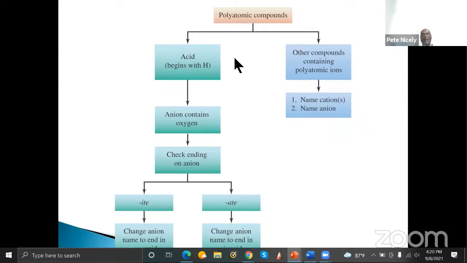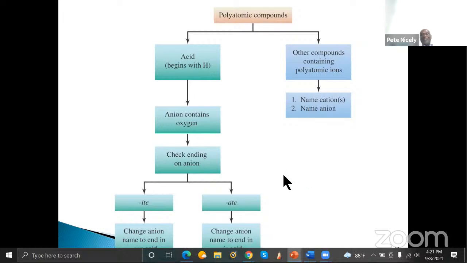So basically, when it comes to oxyacids, the formula begins with H, and the anion must contain oxygen. And then, of course, this is what we deal with when the name of the corresponding anion ends with "ite" or "ate." If it ends with "ite," then the acid name will end with OUS acid. I don't know if you can see it on your screen, but it's kind of cut off here on my screen. And then over here, if the anion name ends with ATE, then the name of the corresponding acid ends with